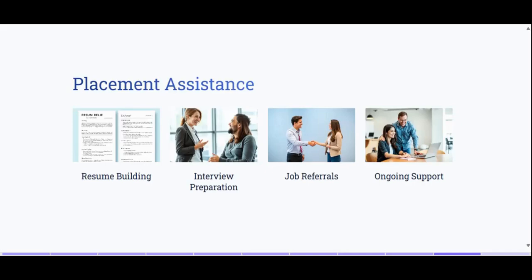To give you a head start, we also offer paid internships through partnership with various companies. These internships allow you to apply your skills in a real world setting, gain valuable experience, and often lead to full time offers. Our goal is to help you build both your resume and your confidence as you transition from